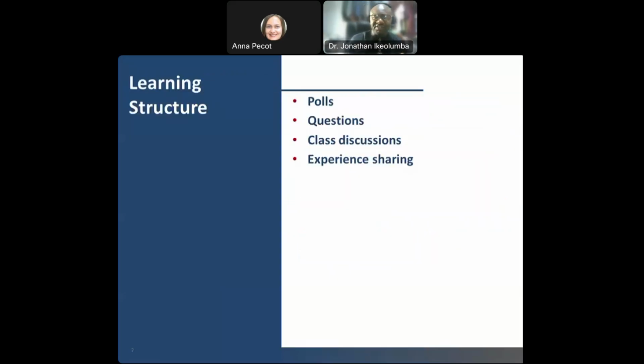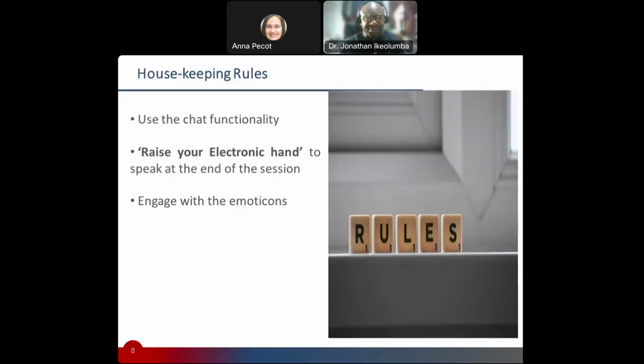And for clarity, we're going to have a very robust structure for how we would learn. I will run a couple of polls and pose questions, and please feel free. I was looking through the attendee list, and I can see quite a couple of trainers, even master trainers on the call. So it's one of those sessions where the experiences in the room could be very helpful in buttressing some of the points I would share.